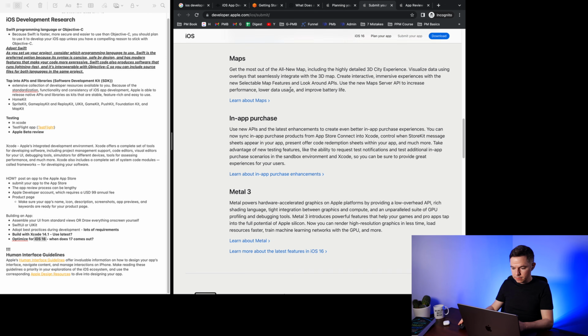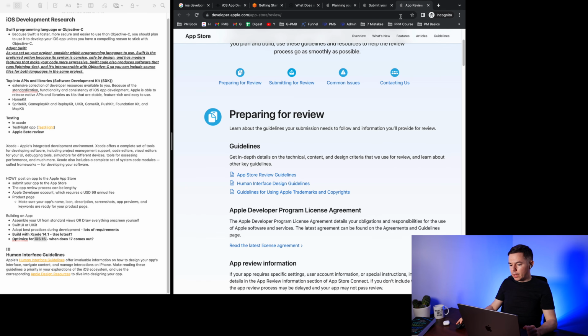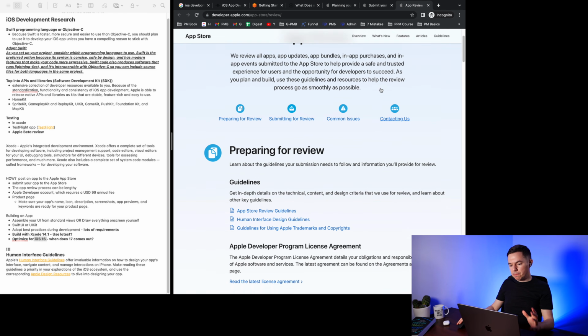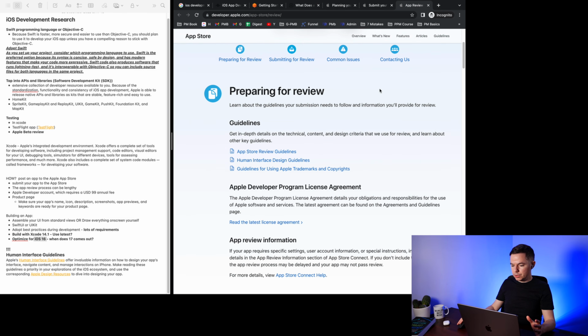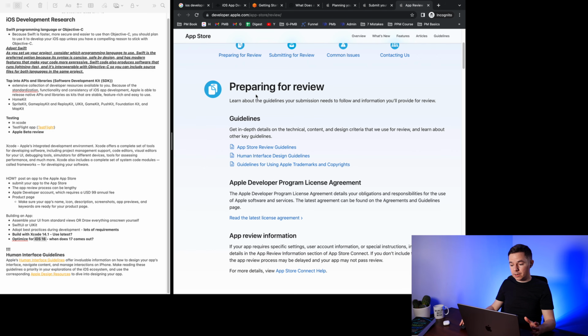Okay, and now we are moving to app review guidelines. There is a separate page that describes what we need to do to prepare for review. And the first thing that I see here is that there are at least 3 major pieces of guidelines, separate pages with lots of information, most probably for us to consume in order to prepare for review. For now, let's just take a quick glance at what these are: review guidelines and human interface design guidelines,